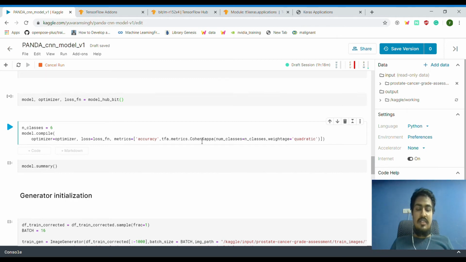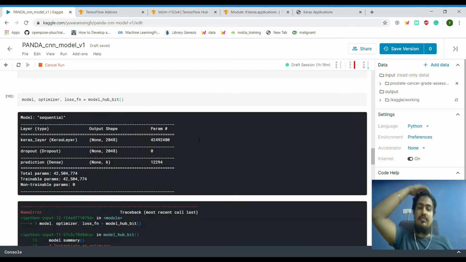TensorFlow Addons has this one implemented. We are using Cohen Kappa because this very competition is being evaluated based on Cohen Kappa. So if I need to monitor my model, I can't just monitor it using